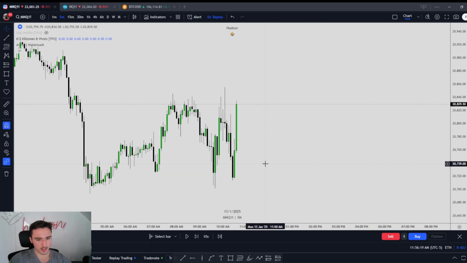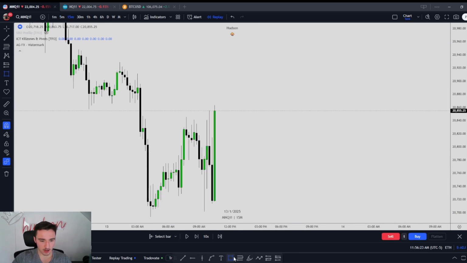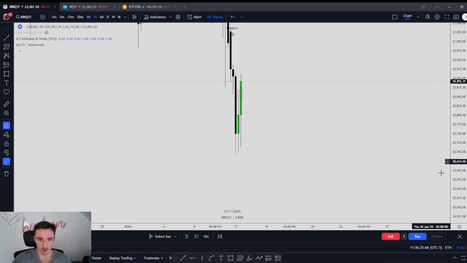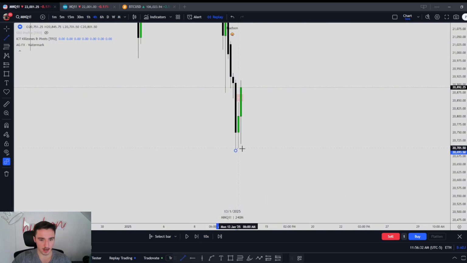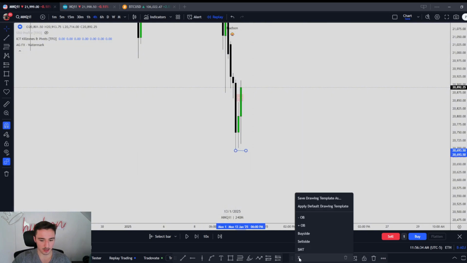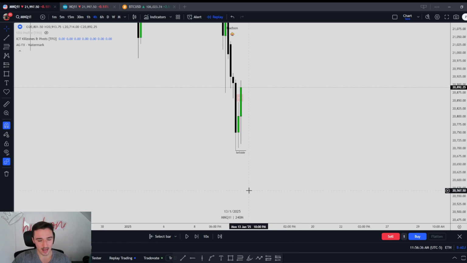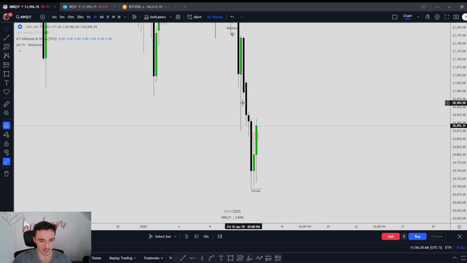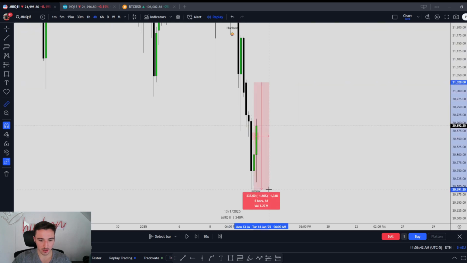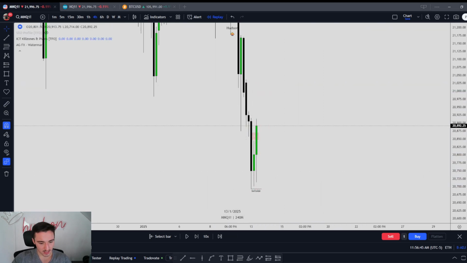Right, so this day, if we go to the 15-minute, I saw this bearish 15-minute fair value gap, right? So we have this bearish 15-minute. If we go to the 4-hour, we did not take out this range low. So I wanted to see us come down here and take out this sell side. Now, I guess the one thing I should have realized is it is Monday and we have already went down 300 points. So the likelihood of a continuation wasn't very high, right?